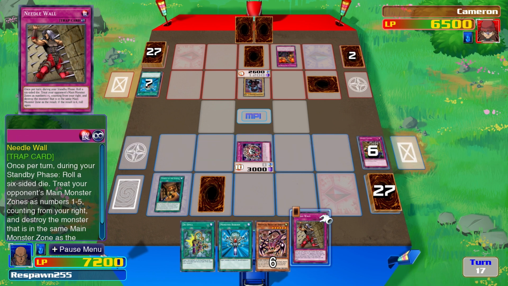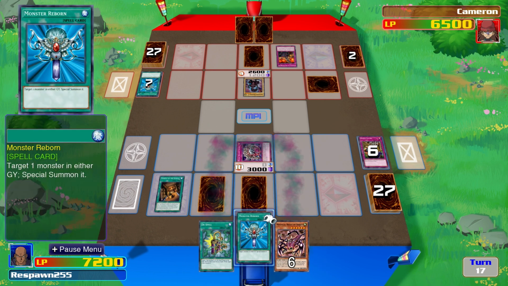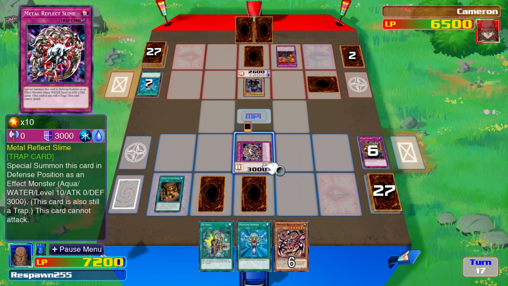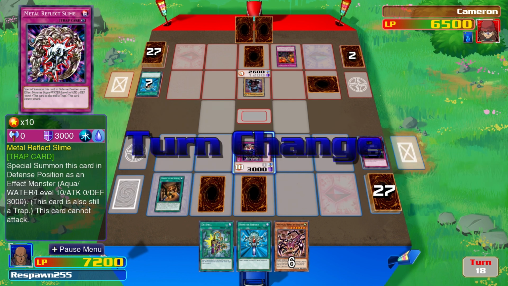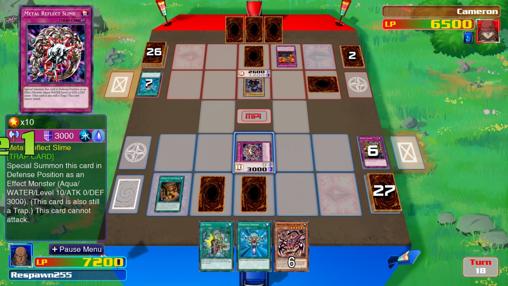Okay, there's Needle Wall. I did mention that card earlier. Needle Wall is also a very, very good trap card. So your opponent's monster zones are numbered 1 to 5. You roll a dice, and basically whatever number hits is what monster will get hit. So I will guess that Odion will probably activate that. Remember, it's during his standby phase, so...